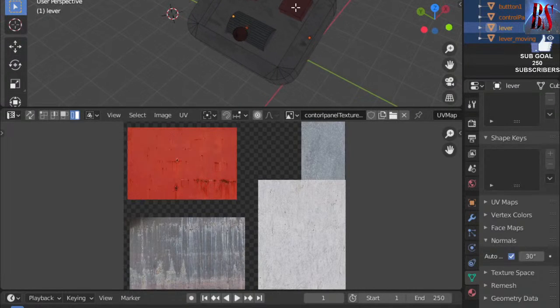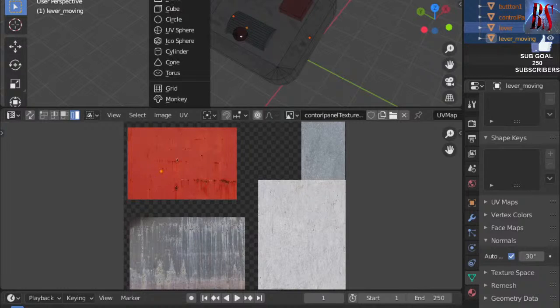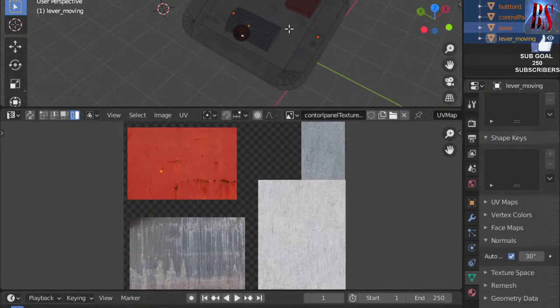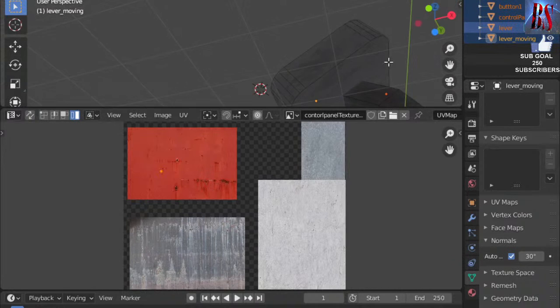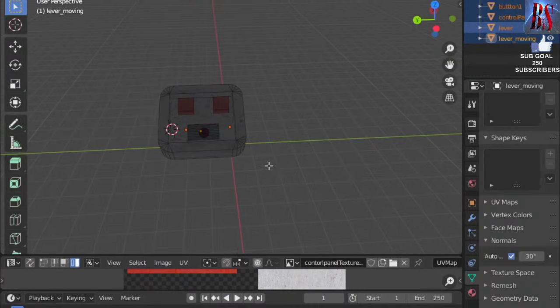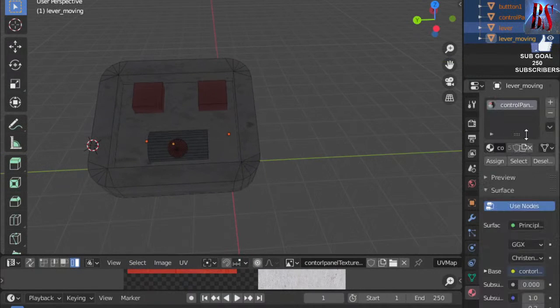Also what I am changing is that this red texture is now just for these buttons and this circle on the top of the lever, and those are the important things you need to know about texturing. So we have our texture, we have everything set up. Our material, you can see here, is control panel dot material, and the next thing we need to do is to go and export this